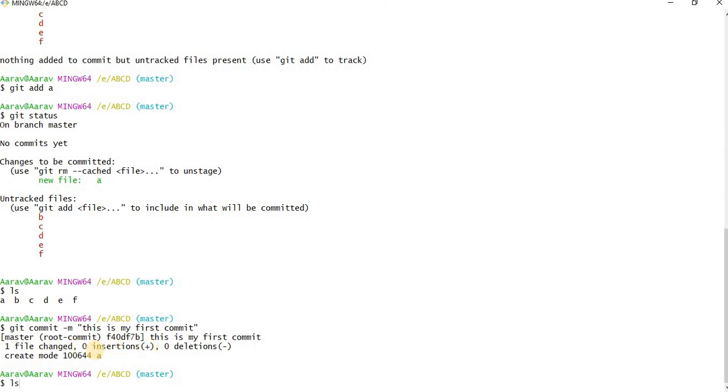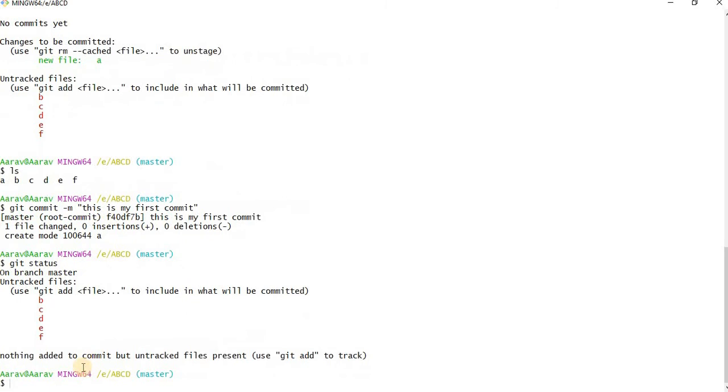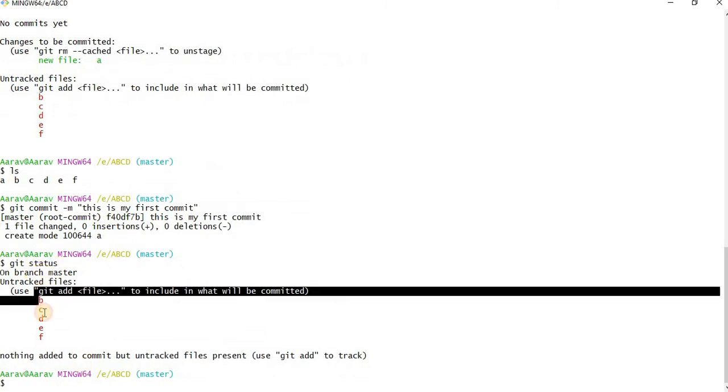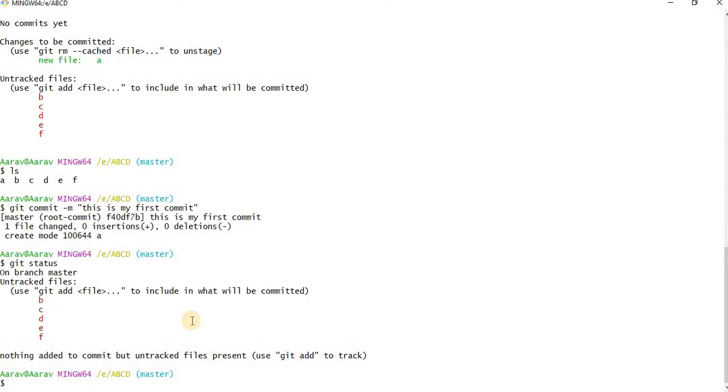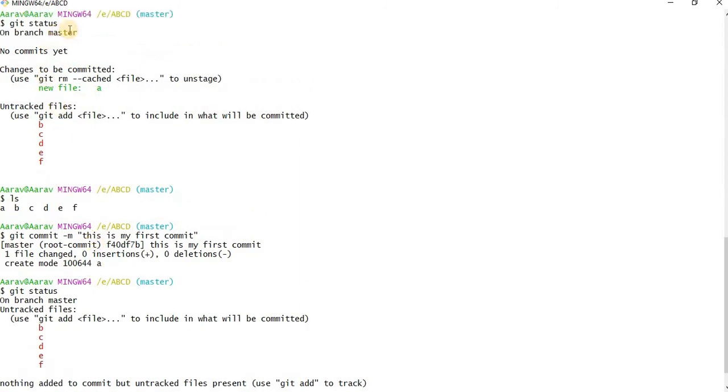Now just give the same git status again. See, now you can't see A. You are seeing only untracked files. Earlier, after git add, git status was showing no commits yet, but now it's not showing that, because one commit was there. Hope you understood.